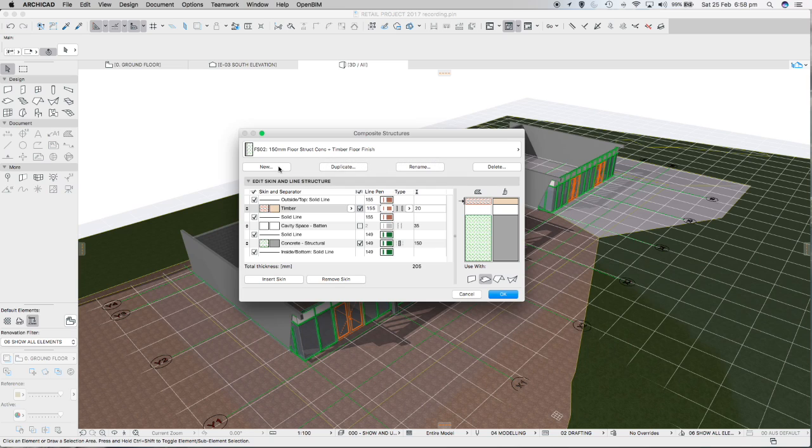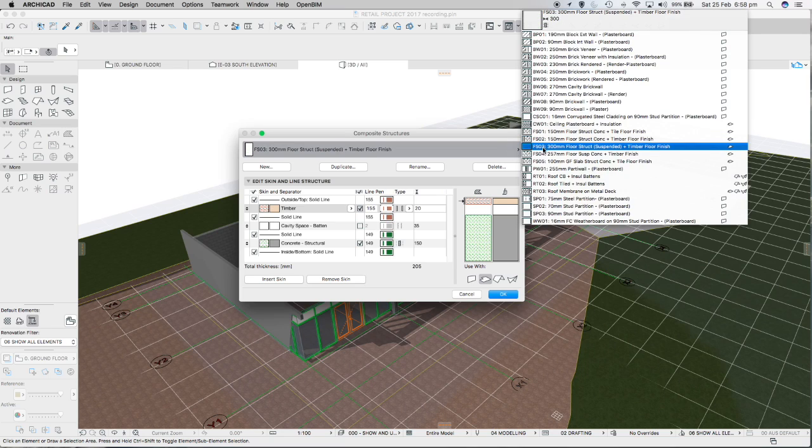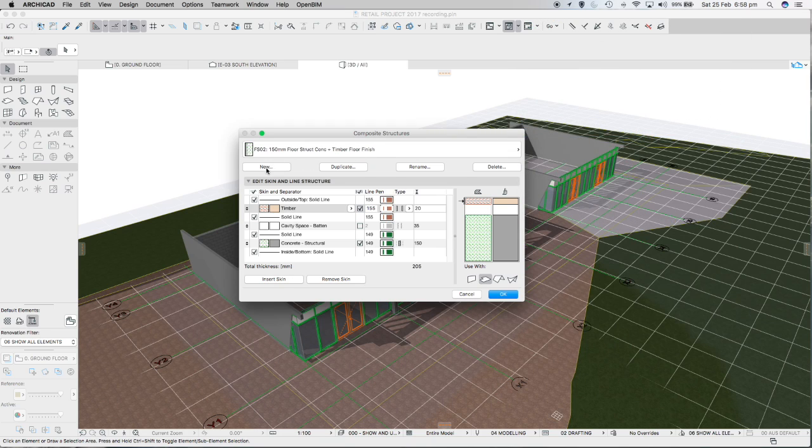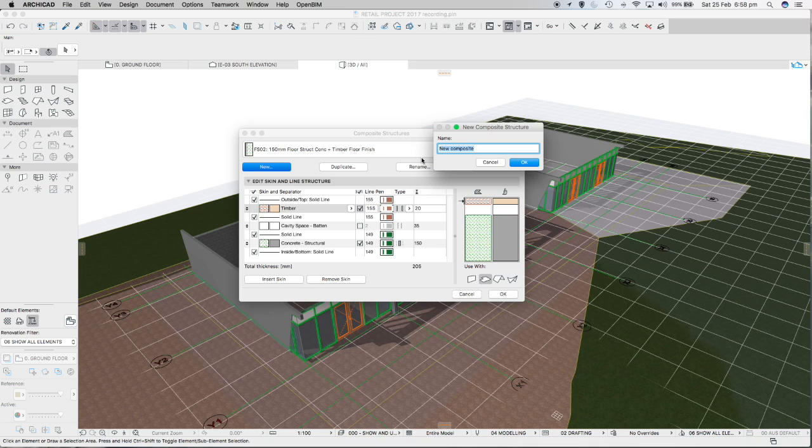I'm going to click the new button and I'll just see what that does. Now I want to call this, the next floor slab number we've got, I've got FS05, so we'll make use of the next one, FS06. So when you click into new, the new composite is going to be FS06 colon